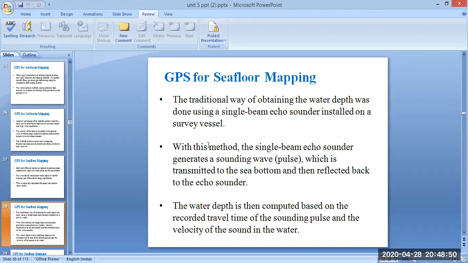In this method, a single beam echo sounder generates a sounding wave pulse which is transmitted to the sea bottom and then reflected back to the echo sounder.